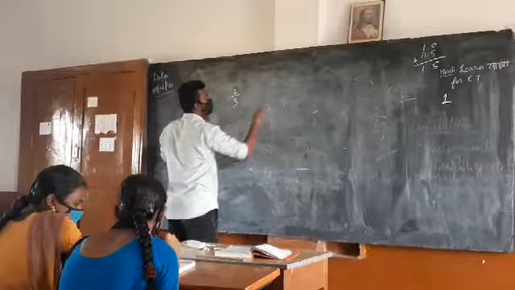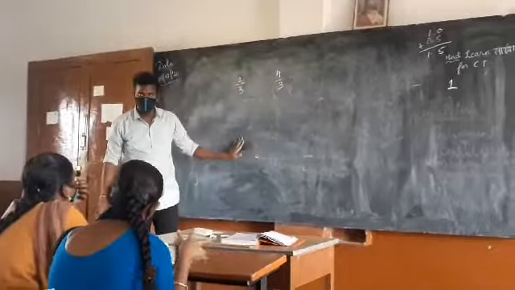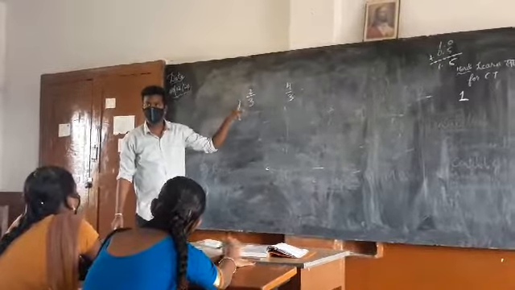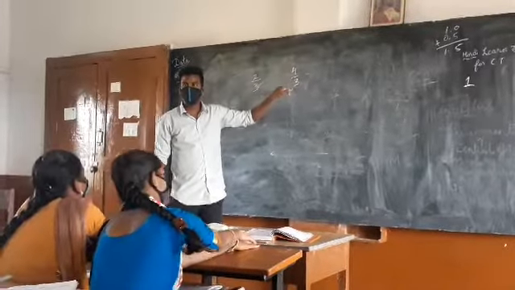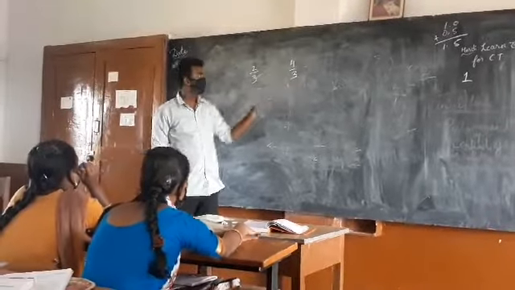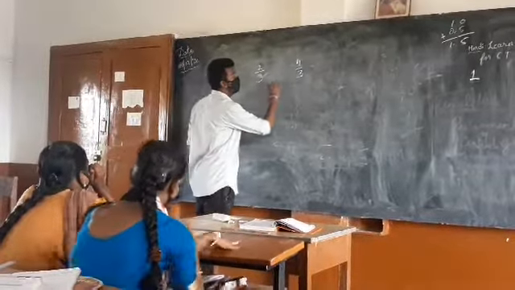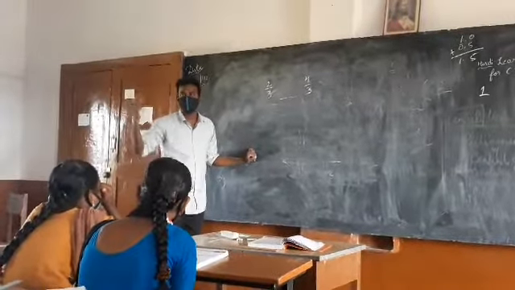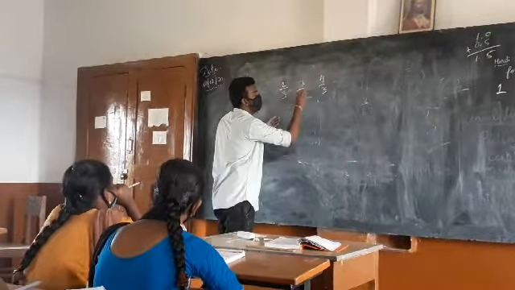2 by 3 and 4 by 3. P by Q form, Q not equal to 0, both are integers. What is that kind of number? Rational number. As we already know, infinitely many rational numbers are there. Let us look at how many rational numbers are there in between. Can you directly tell at least one rational number between them? Yes. 3 by 3, obviously it is. 3 by 3 is in between them.